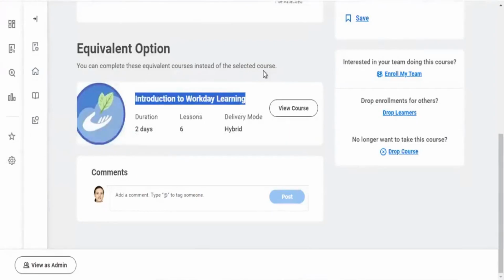Independent in the sense that however you want, on your own, you can do it. On demand, in the sense there is an instructor who will be available and who will be sharing the PDF documentation for you. This is one of the equivalency courses that you also have. Instead of that, you can also take that. That's the kind of equivalency course that you're setting up. That's what we have done now.